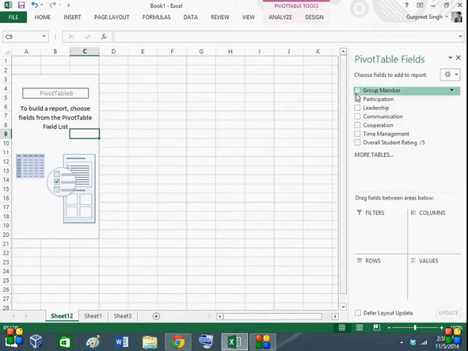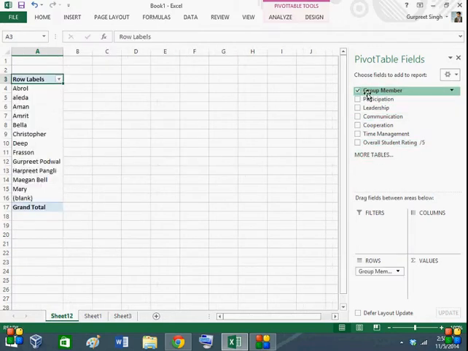So I just want to arrange a few fields, not all of them. I'm just gonna click on group members. I can even drag them to the rows or columns the way I want to, and I want participation.